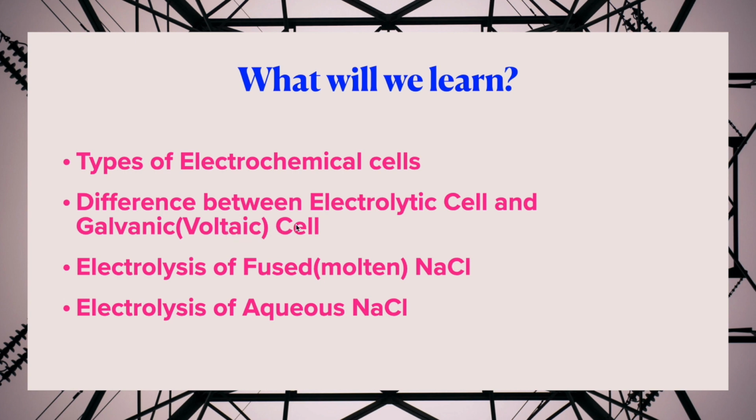We have to study. The cell in which electrolysis takes place is called as electrolytic cell. This electrolysis process is studied in detail by using the experiment of electrolysis of fused or molten NaCl. We have to study in detail which are the reactions taking place in the electrolytic cell of electrolysis of fused and molten NaCl, and which are the reactions taking place in electrolysis of aqueous NaCl.